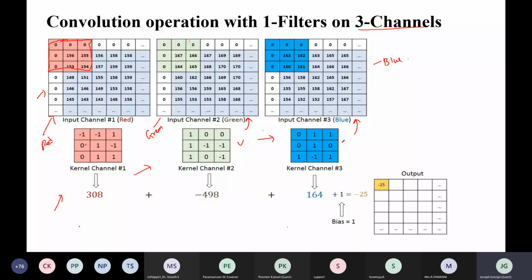So after the convolution operation, it will produce one output here, one output here, and one output here, and these outputs belong to the red, blue, and green channels. So by adding all these outputs, we will get the first pixel of the convolved image.